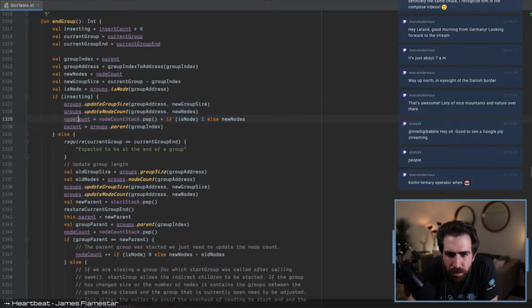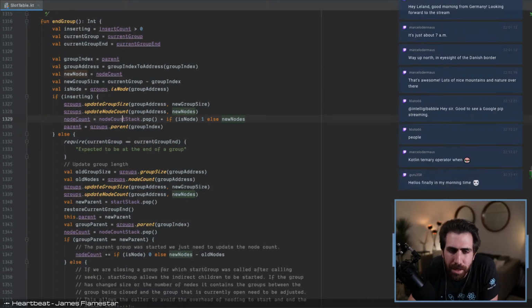So node count is node count stack dot pop plus, where's new nodes come from? I see. So basically we're keeping